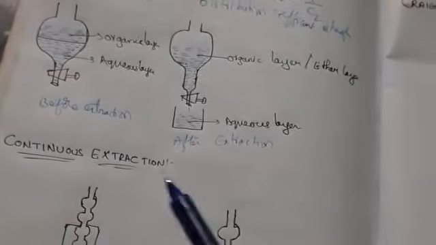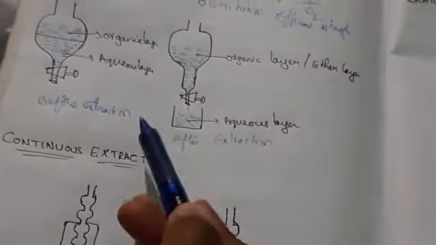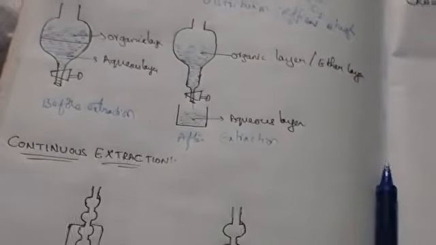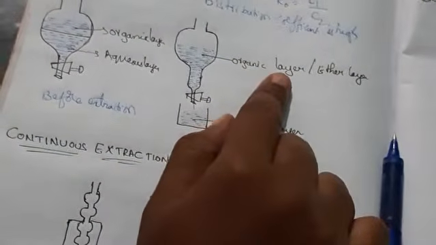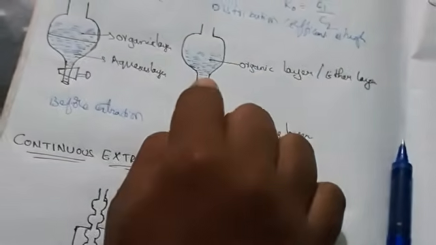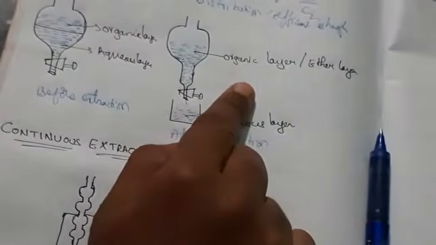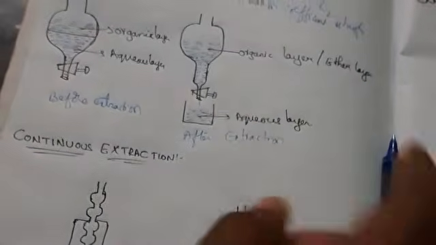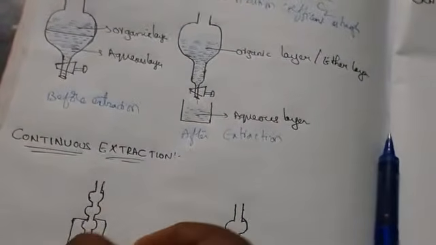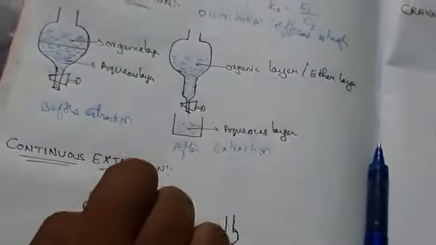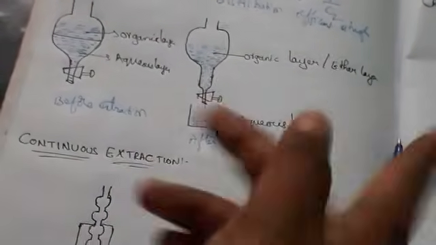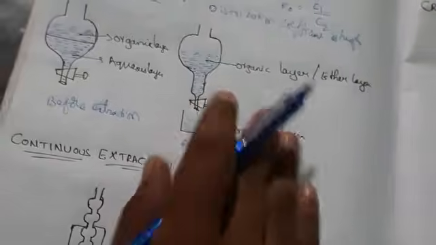Whenever you are doing practical, as we do on organic compounds of functional groups, you will continue the same way with the aqueous compound. In the meanwhile, in another beaker you take the organic liquid and evaporate it. Why do we evaporate? Because if ether is present in the organic compound, you have to remove that ether to get the pure organic compound.